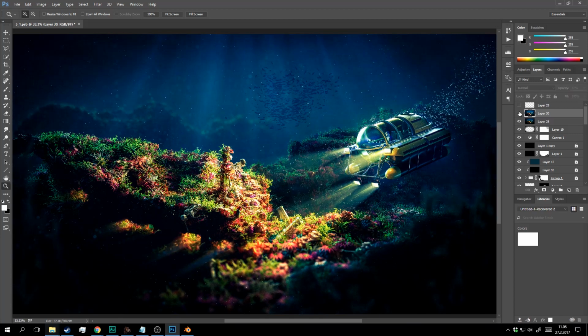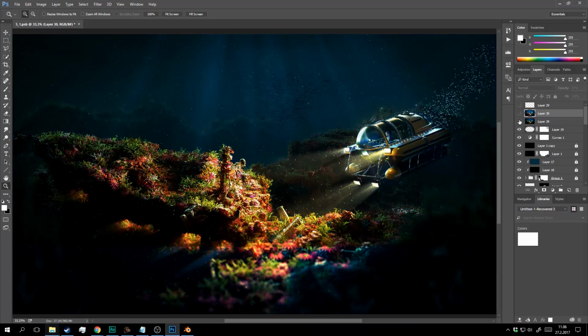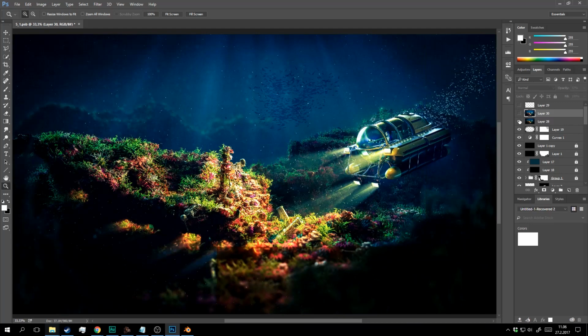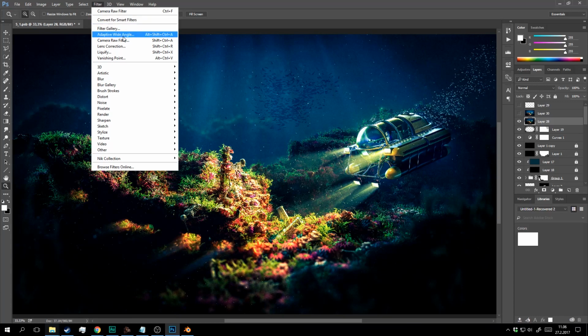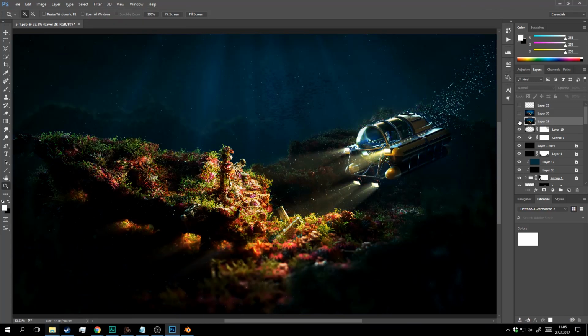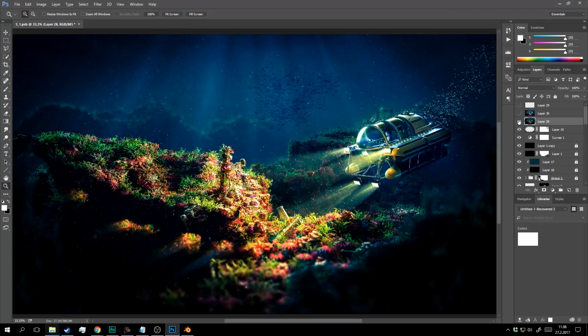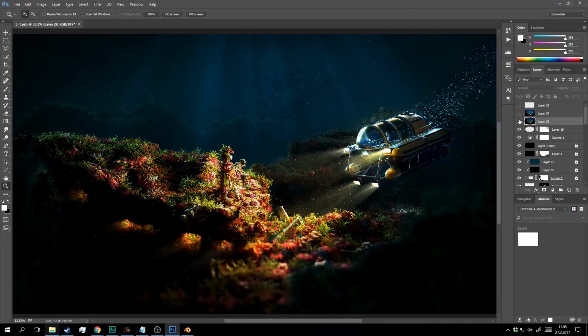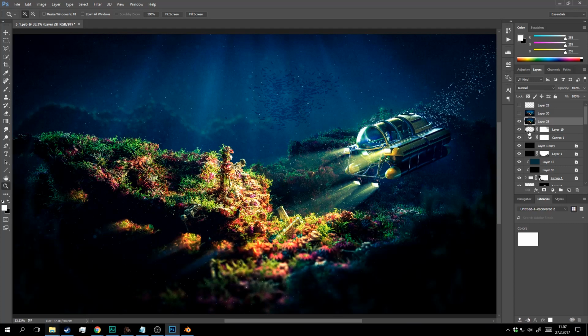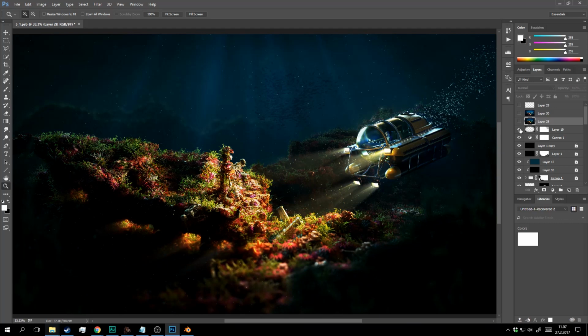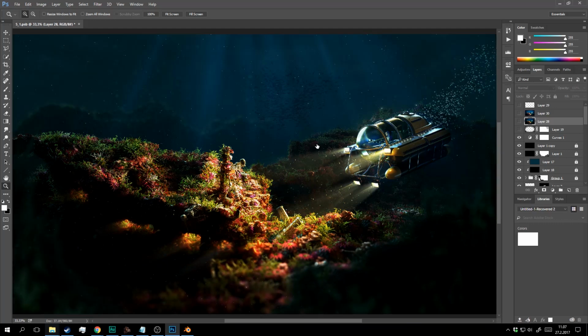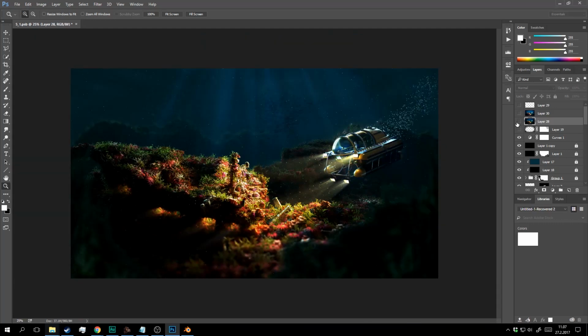This was the coloring, and I made that with the Camera Raw filter. And then the vignette. It's a very simple layer.